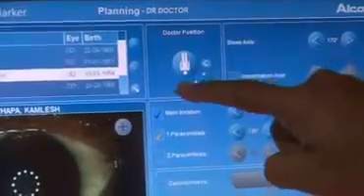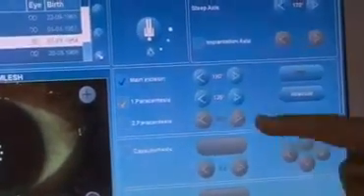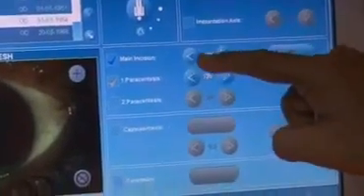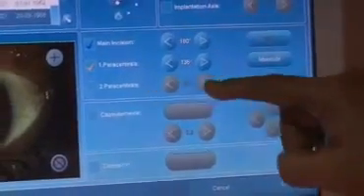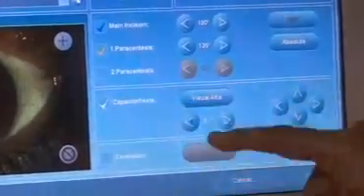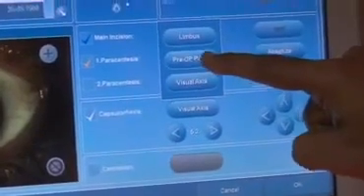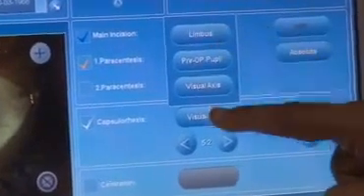We can move it to any position, like temporal where Dr. Maipal was sitting, or the superior position, wherever you would like that. We can change the incisions to whichever incisions we want, and we can also center the rexis. For example, if I click here, I can switch on the rexis guide. Now this can be centered either on visual axis or the pre-op pupil or onto the limbus. So we have a choice.